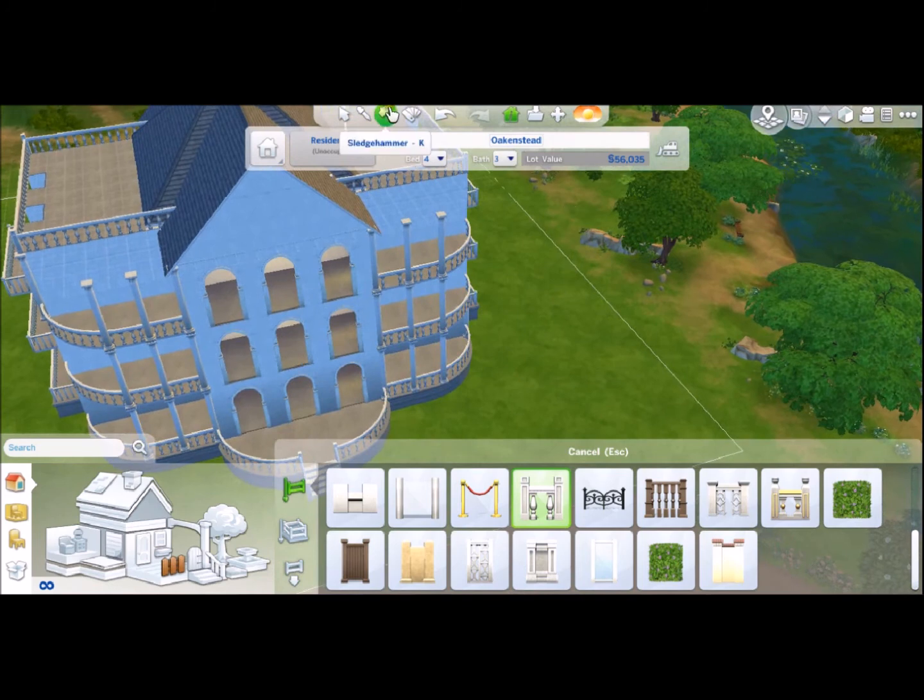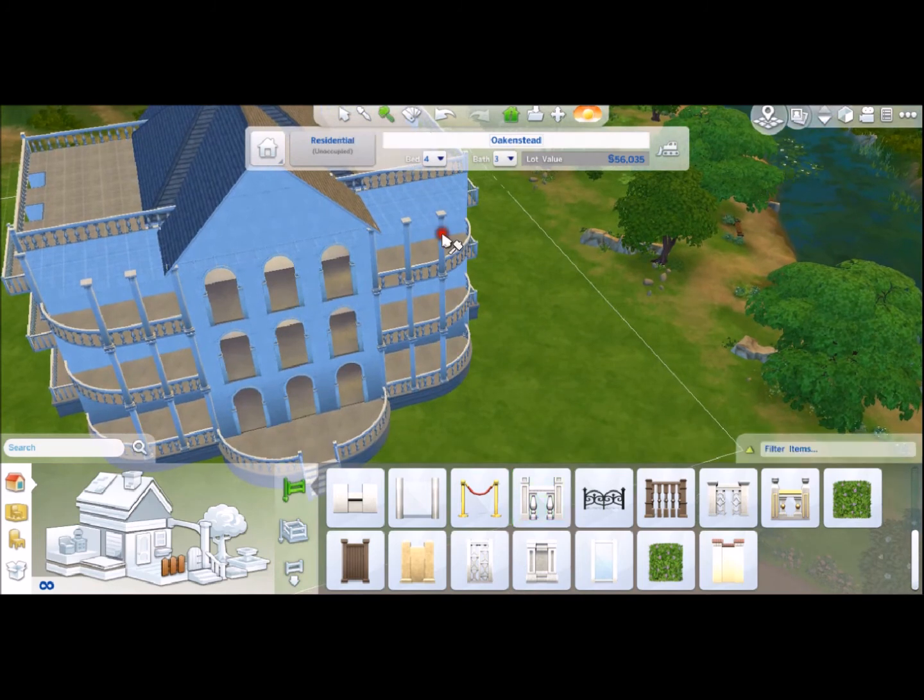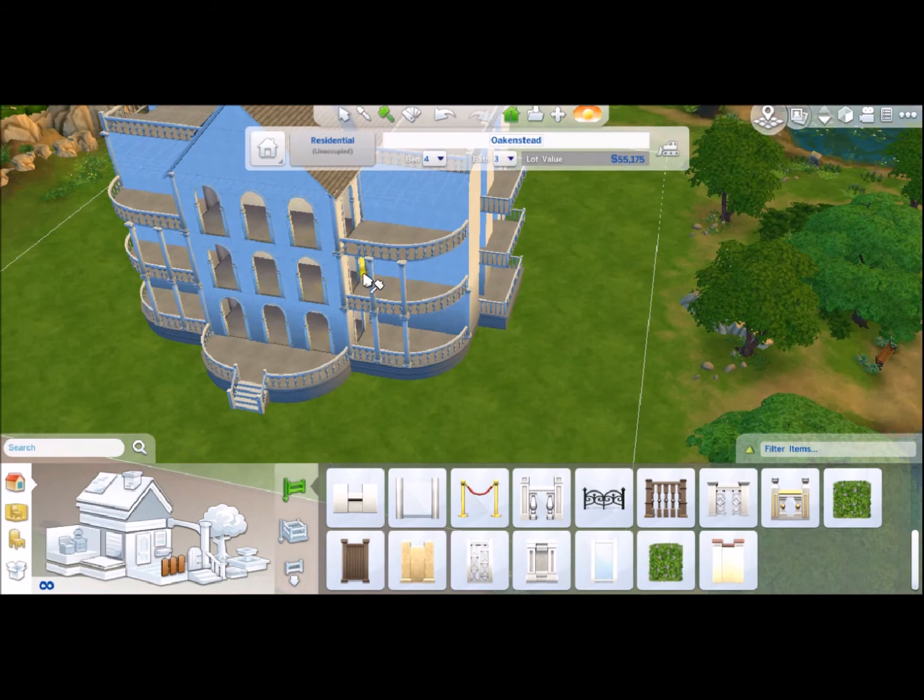Oh, which reminds me, I don't need these pillars here. Had a moment. Now, of course, we're going to keep the pillars that are on the walls, but the balcony itself only needs pillars if there's a balcony on top of it, and there's no balcony on top of those. So, we do not need the...